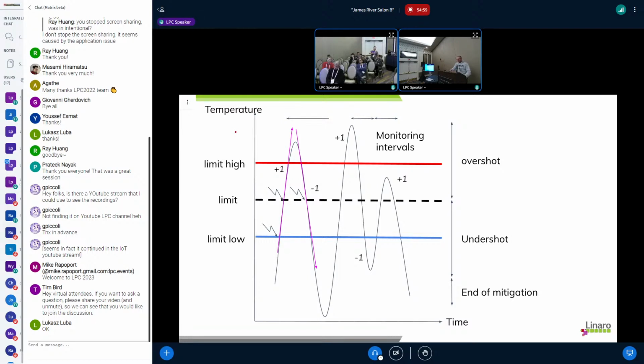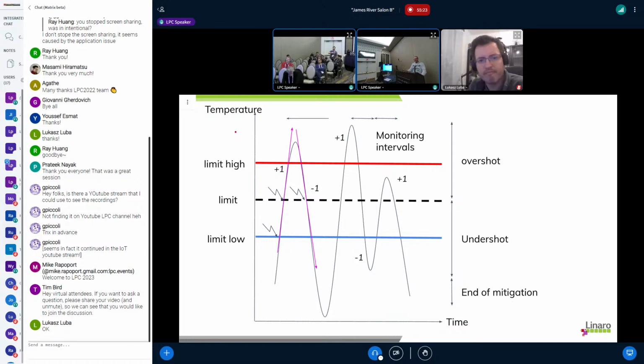And just to mention that you were talking about the coefficient. Lucas has an algorithm to automatically adjust this coefficient, given the overshoot and undershoot. So we are thinking about how we can do that. We don't want to put all the math in the kernel to compute this coefficient calibration, but we are thinking about communication between user space and kernel space, so the user space can give a new coefficient depending on what the kernel space says.